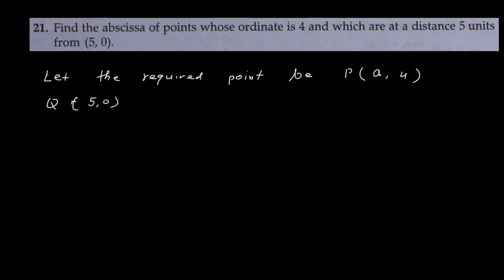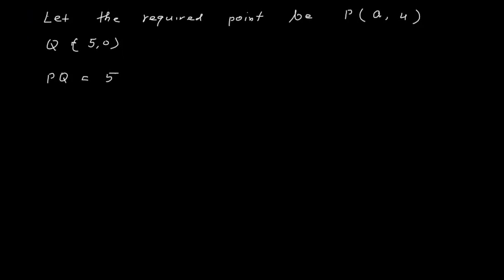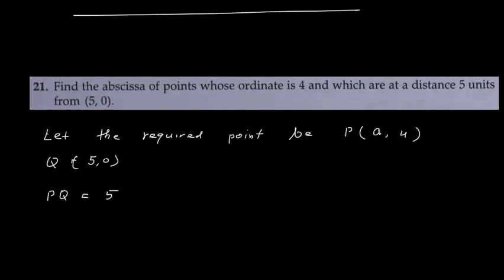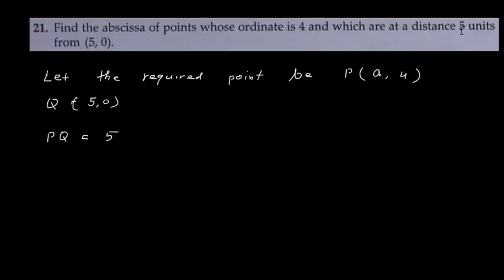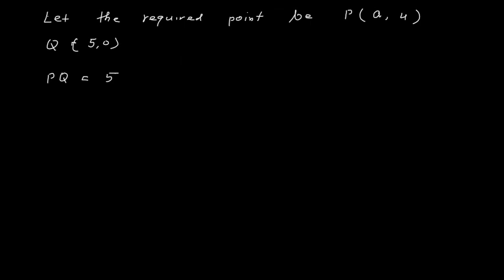The distance PQ is given as 5 units. So PQ is 5 units, and we have to find the abscissa of the point. So PQ is 5 units is given. Therefore I can say that PQ the whole square is equal to 25, and by the distance formula PQ I can write as (5 minus A) the whole square